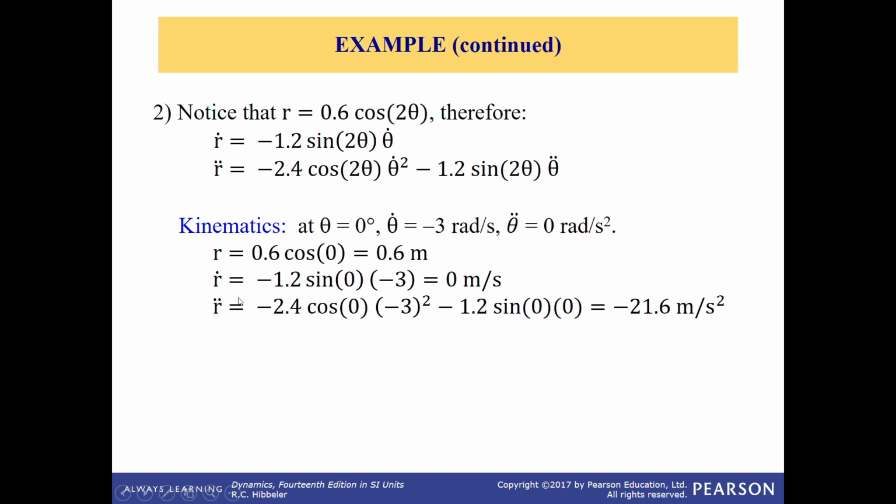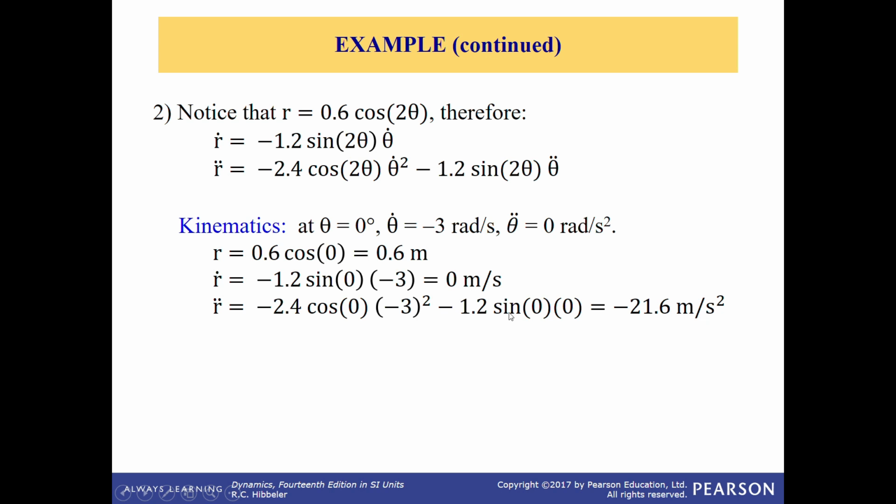The same thing you need to apply to calculate r double dot using this value as well, but you need to include this value theta double dot because there is a parameter that needs to be inserted here. So r double dot, once you plug in everything, you will get negative 21.6 meter per second